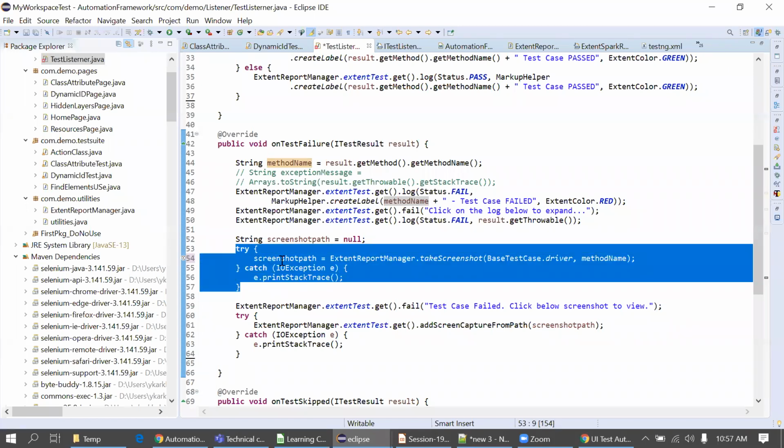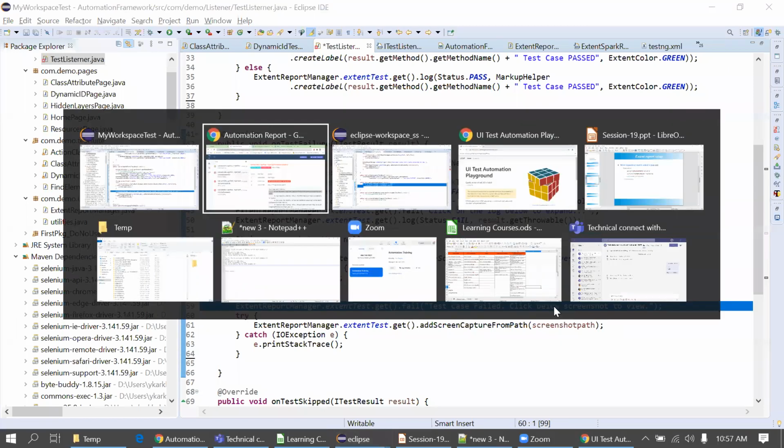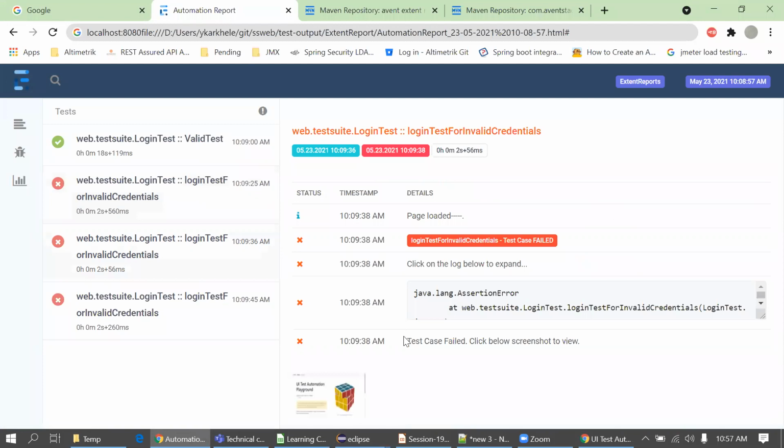Okay. And we are printing a few more logs here, ExtentReportManager.extentTest.get().fail: test case fail, click below screenshot to view. So this line will print that text. Okay, and the screenshot is attached below.